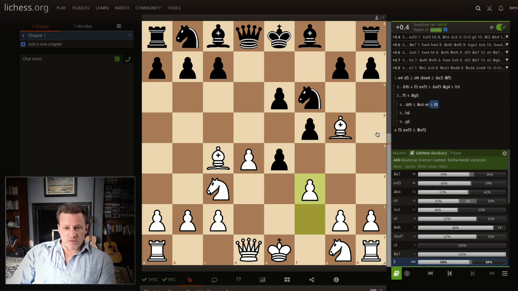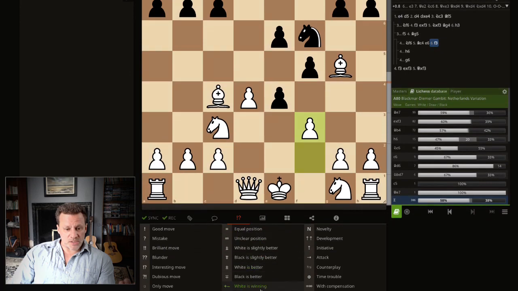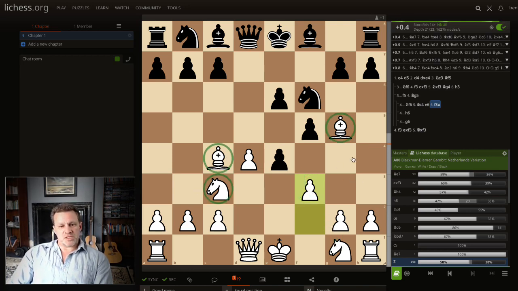Okay, and I kind of like this position. White is slightly better, so I'm going to add that as the comment. White is slightly better. Okay, that's plus over equals is the notation for that. But looking at this setup, I'm feeling quite comfortable. If this pawn never takes, I bring my final minor piece out into the play. I've got 3 pieces against black's 1. Okay, so that's all good. Now let's go back